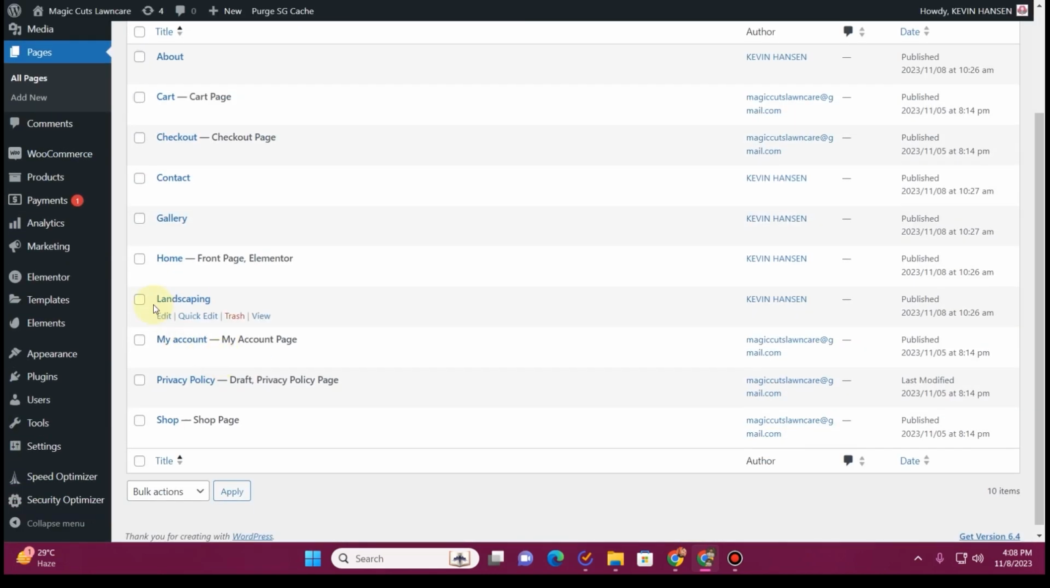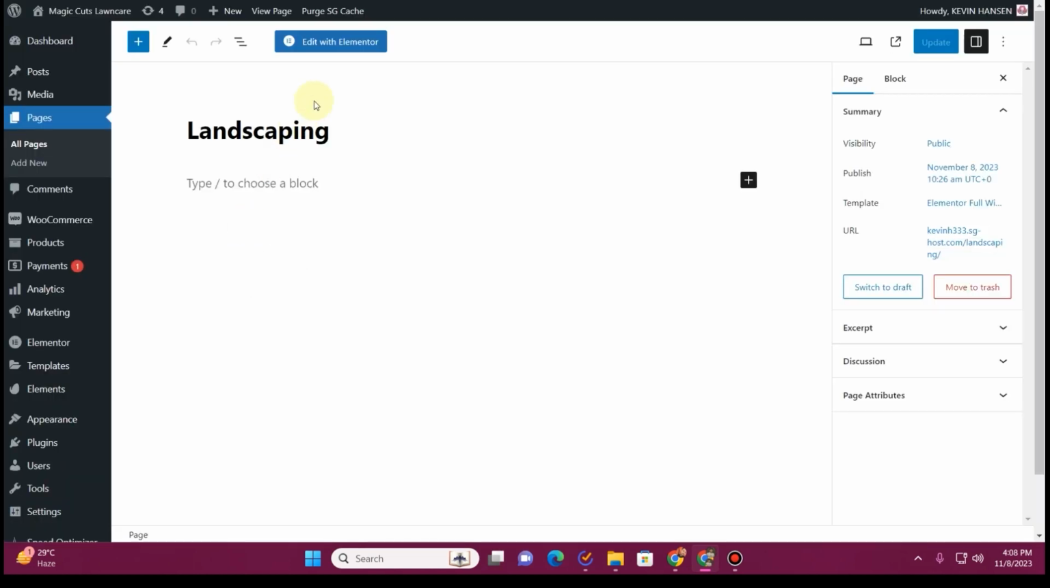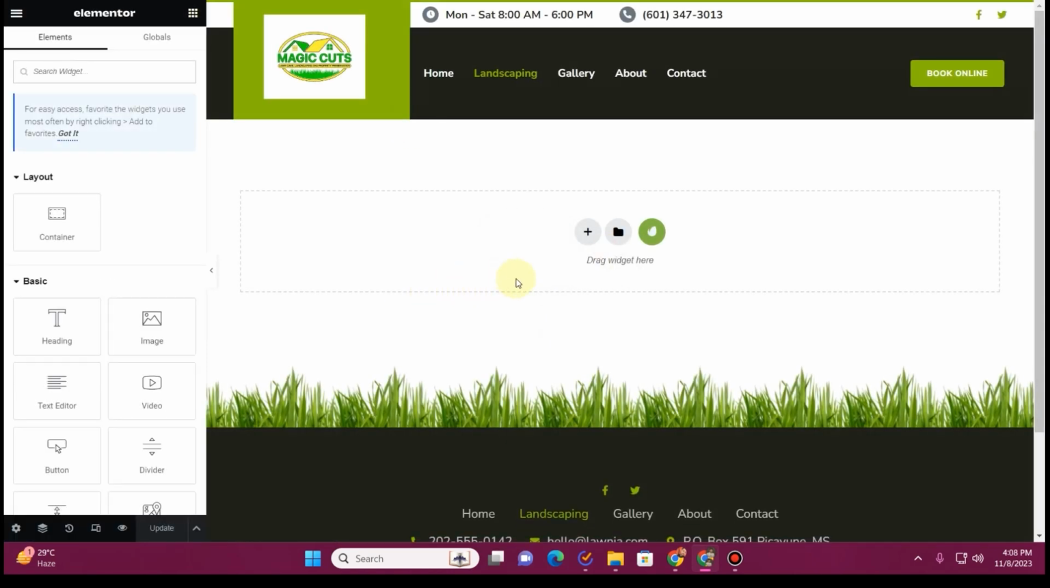So for the landscaping page, click on this edit button right here, and once you click on this edit button, click on edit with Elementor, so that the Elementor page builder will start getting loaded. So here you can see Elementor page builder is loaded. Simply click on this